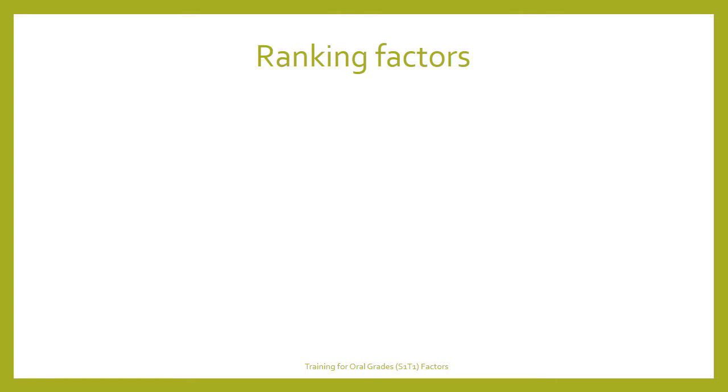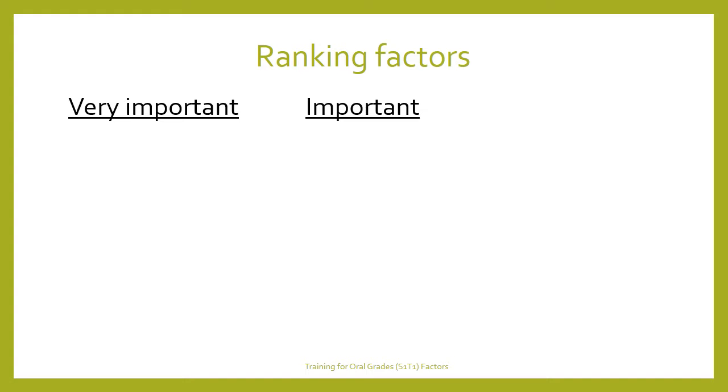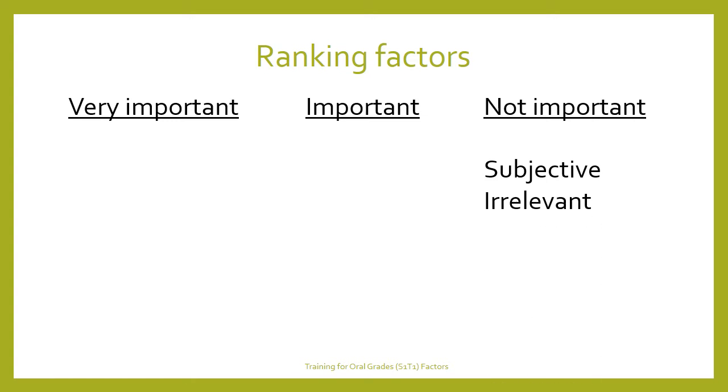The first thing we will look at is ranking factors. In order to do this, we will use the following criteria: very important, important, and not important factors. Let's take a look at the characteristics of the not important ones. They are subjective and irrelevant for a grade. For example, if a student asks several questions about homework, that doesn't really have anything to do with their performance